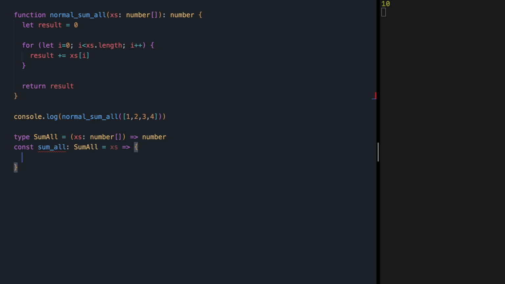For a general case, as I said, we want to extract the head first and then call sumAll with the rest of it. So the value of sumAll of a list of numbers is the head of it plus sumAll of the rest of it. The way I can do this in JavaScript, we have something called array destructuring, and it works like this. Now that I have the head, I'm going to return head plus calling the sumAll with the rest of the array.